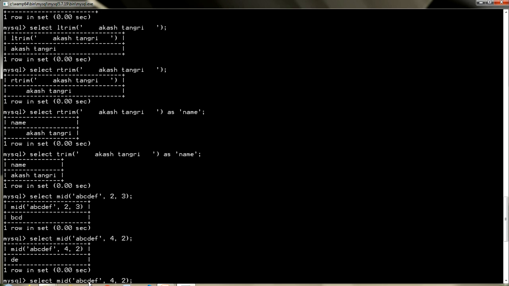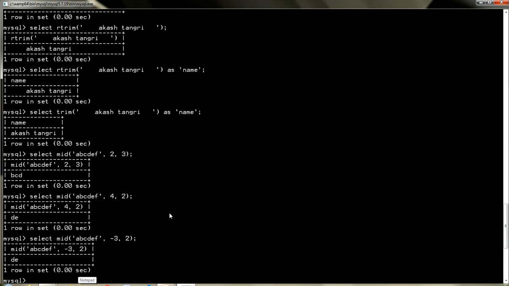I can also give this in the reverse. This can be the negative parameter also. -3 means start from the negative, from the last. From the last it will start from D. So from the last, D is the third last character, and extract 2. So D will come. So these are the